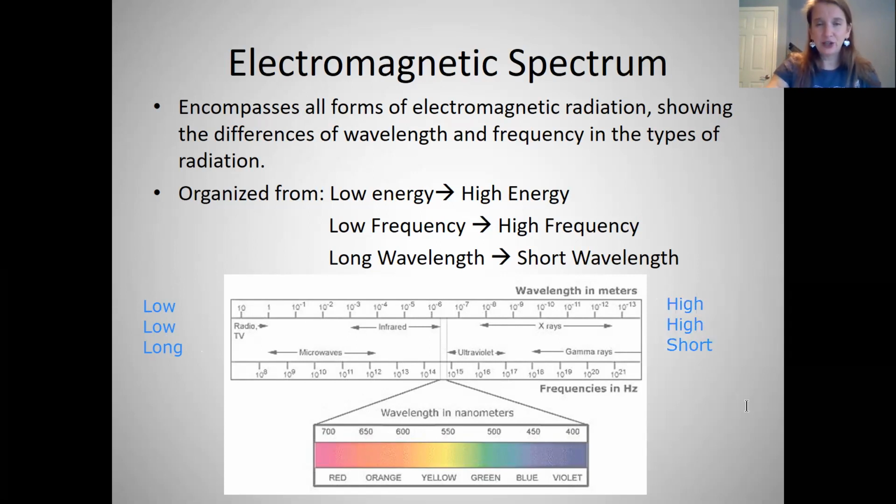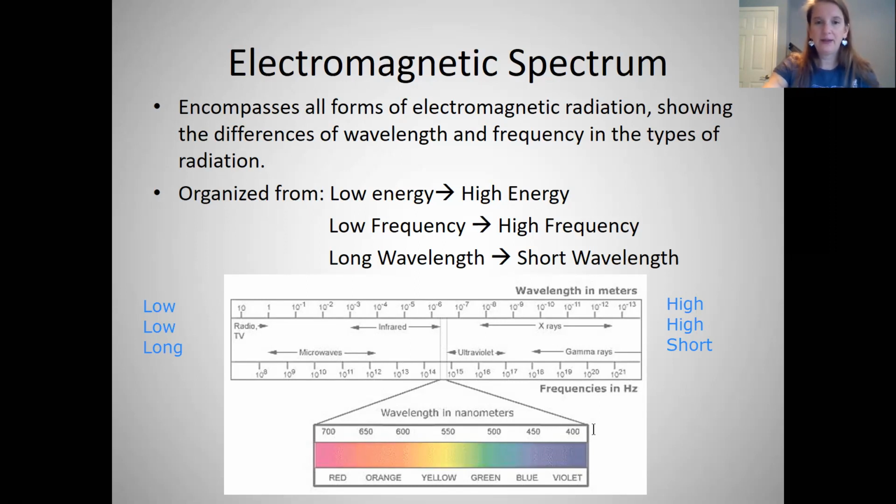This is my high energy, it's my high frequency, it's my short wavelength, like we saw in that simulation we just did. Okay, so the low, long, high, short. If you look at your visible light colors down here at the bottom, you can see that red colors are associated with a lower energy, a longer wavelength, whereas your violet colors are associated with a higher energy, a shorter